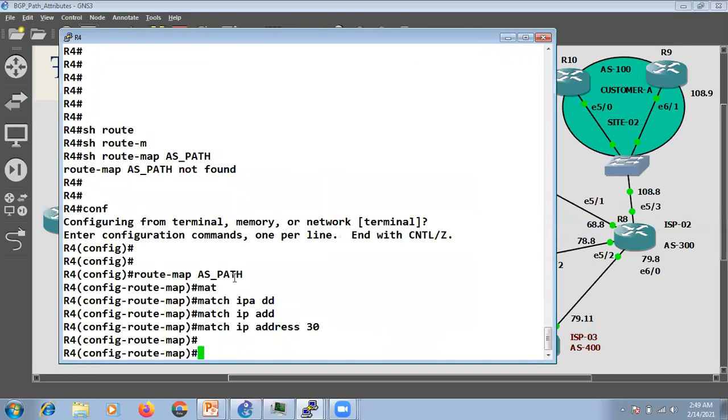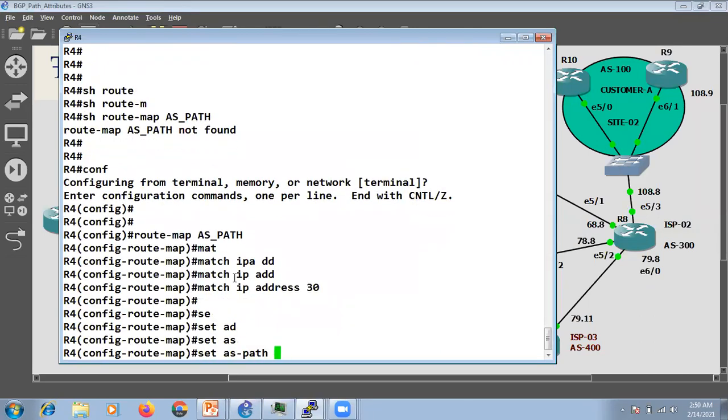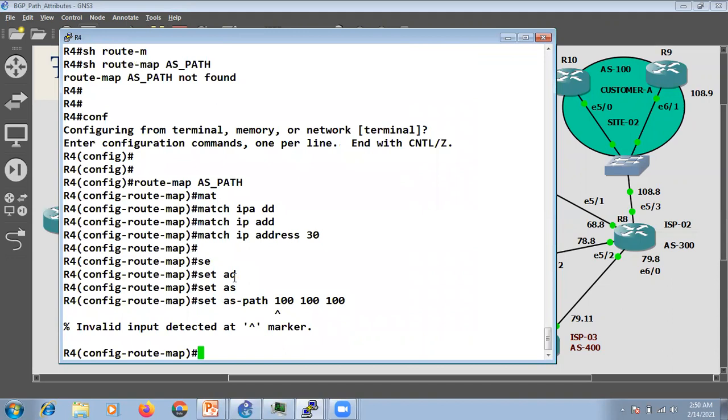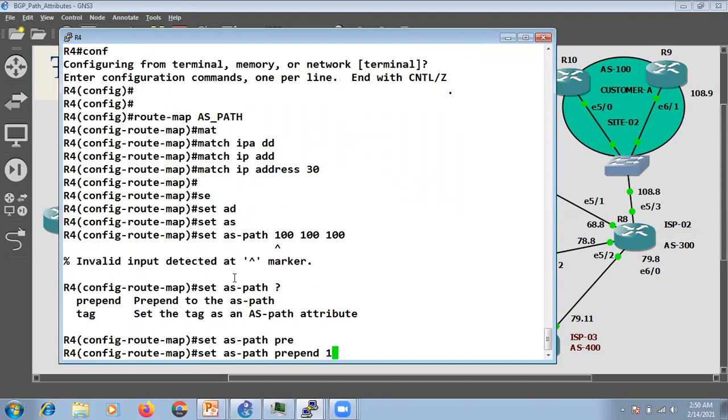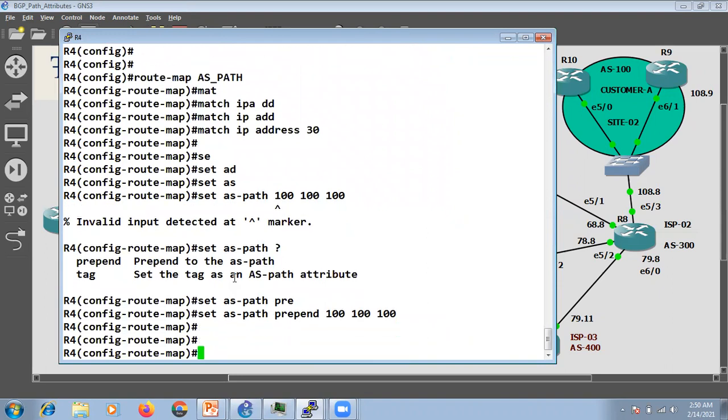I will say set AS path prepend 100, 100, 100, right? So I have prepended the AS.